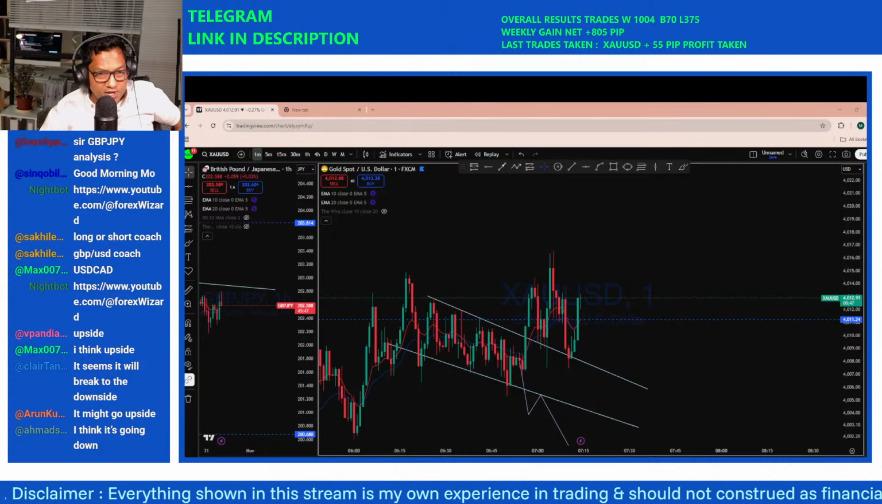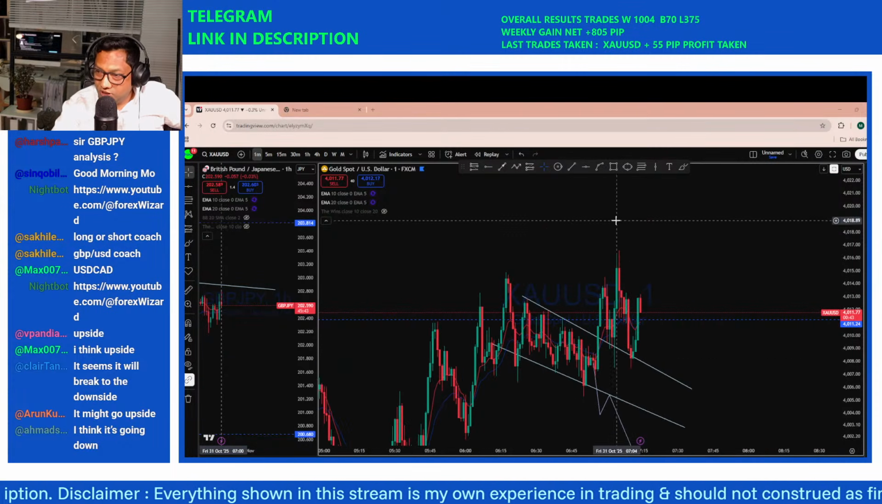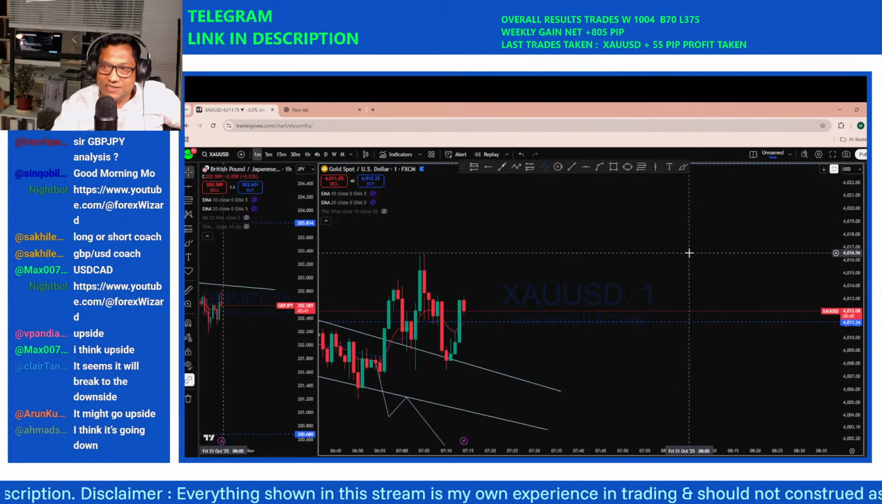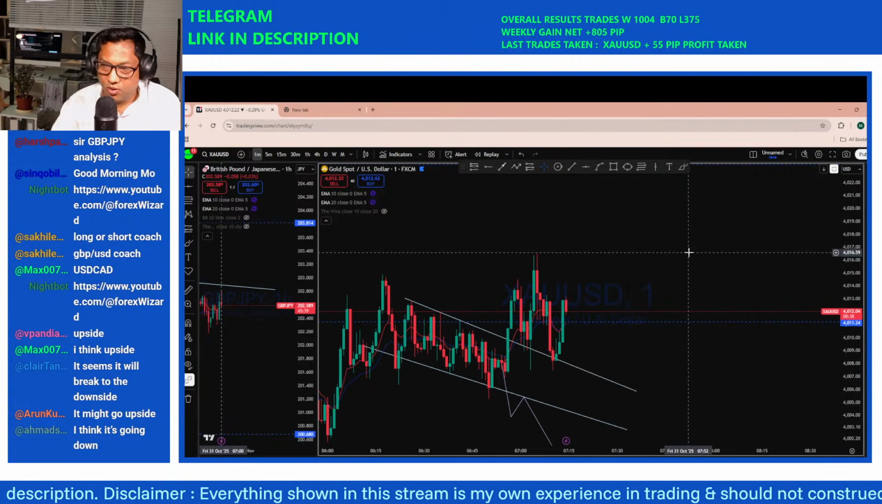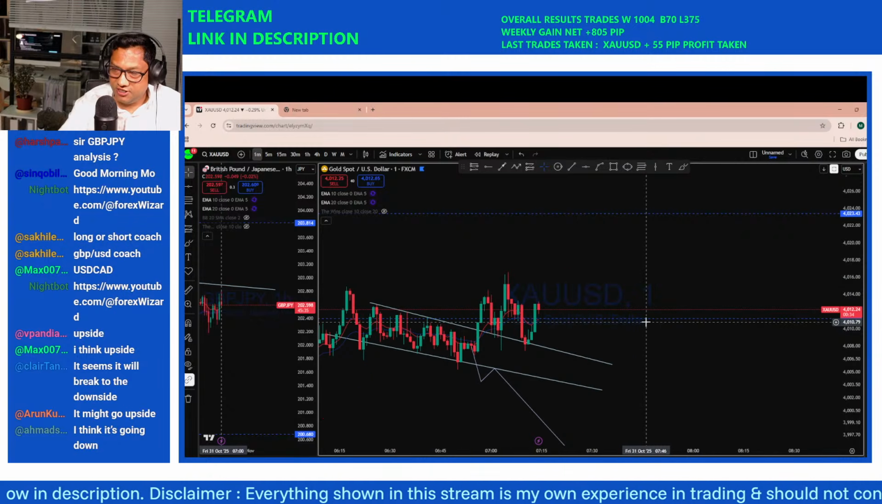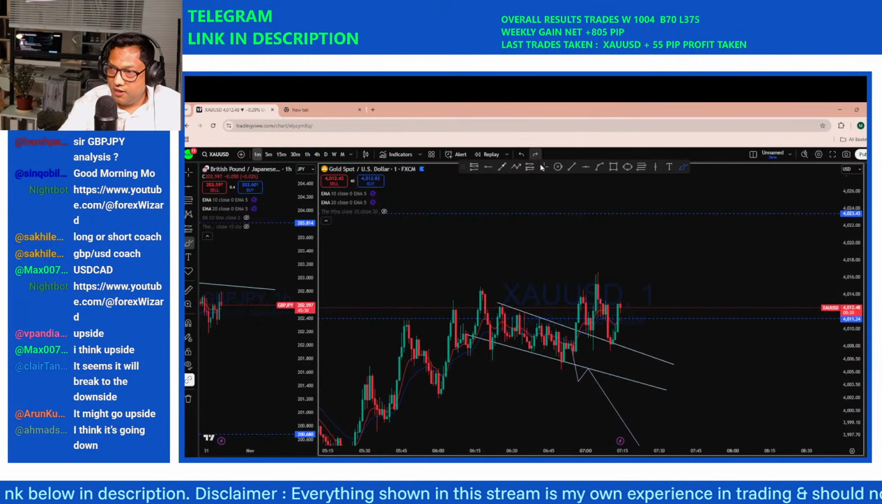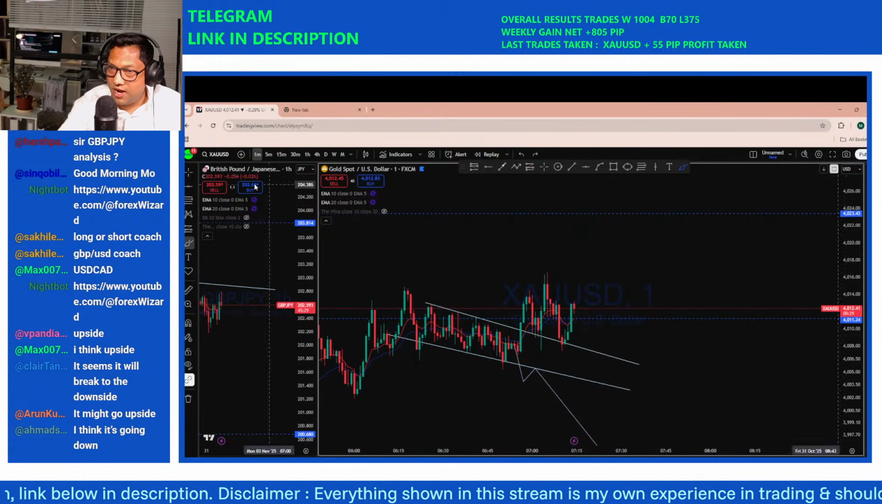I think it's going down, it might go upside. So far we saw that there was an initial breakout, but if you look closely, you can see the buyers and sellers still fully undecided here in that area, because this is where the market has broken out of that